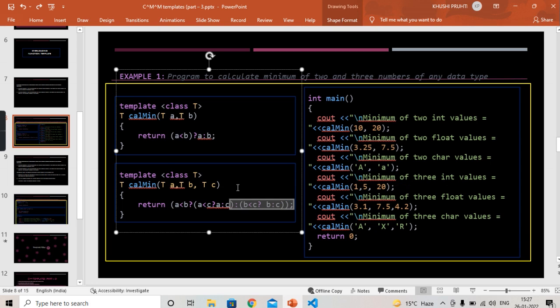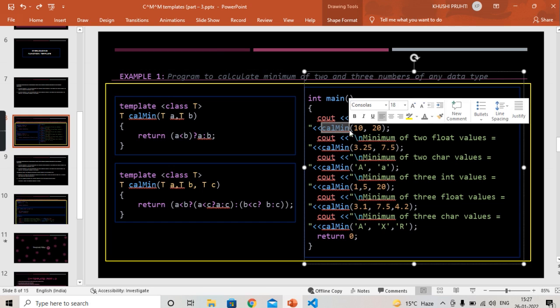You can simply change it by an if-else construct, right? But I am not going to make it very complex, so that is why I am simply using these conditional operators, right? So now here in the main function, we are calling the calmin function, and we are passing